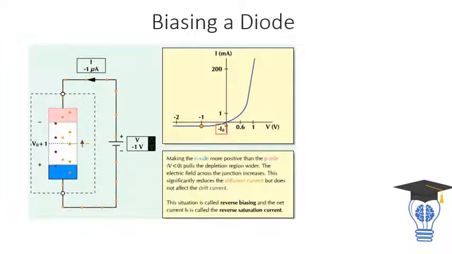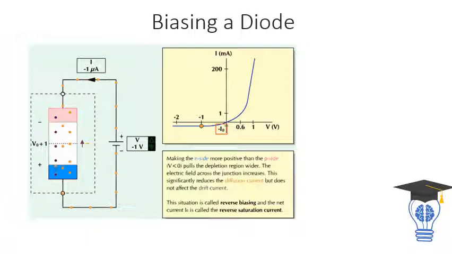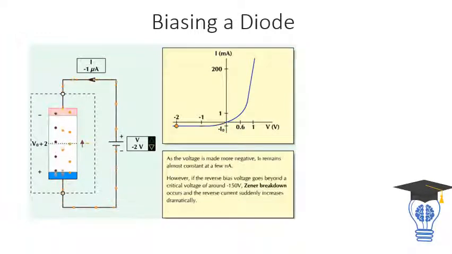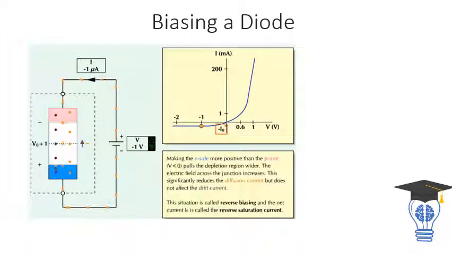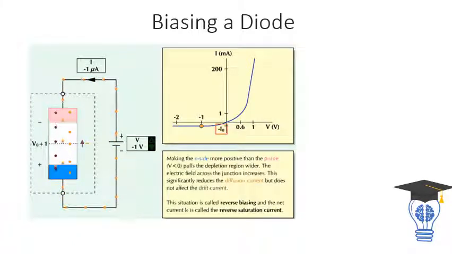We say this is an open switch, that is, the diode is not conducting at this biasing condition, and the current will not flow till a breakdown voltage is applied. If I go on increasing the voltage, at some point the diode suddenly breaks down and starts conducting completely. So this is the reverse bias characteristics of a diode.